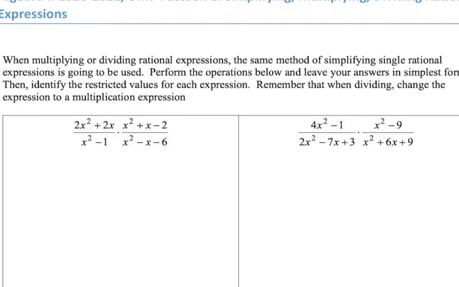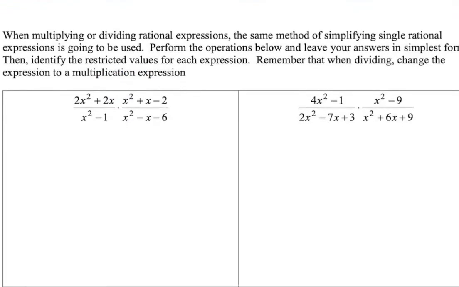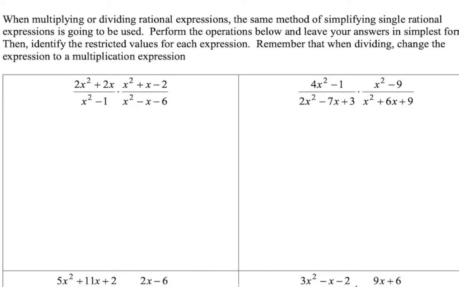So when we're multiplying or dividing them, yes, we could multiply these all out, but we'd have to do 2 times x squared and 2 times x and 2 times, and all of these things would have to get multiplied. It's much easier to see if we can figure out what can be factored out of each of these. So for example, 2x squared plus 2x, we could factor as 2x times x plus 2